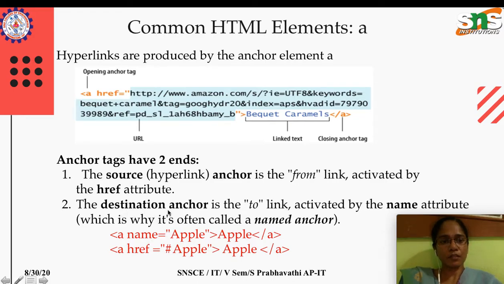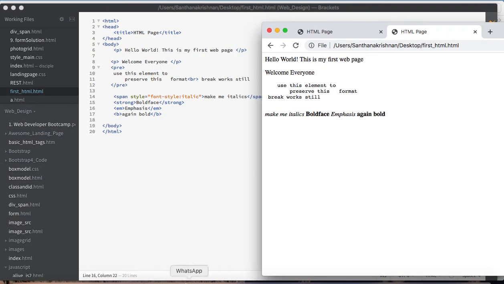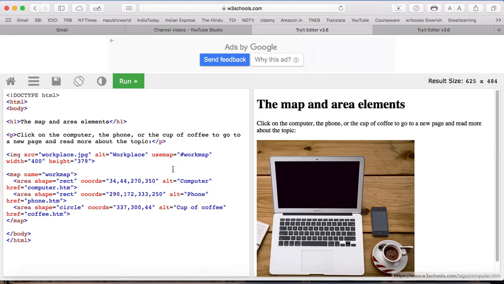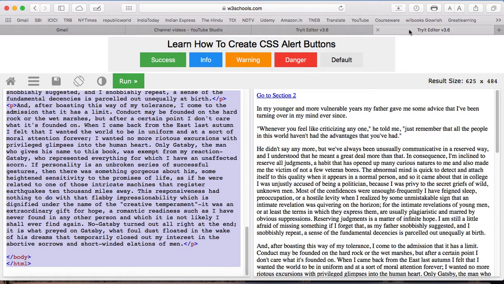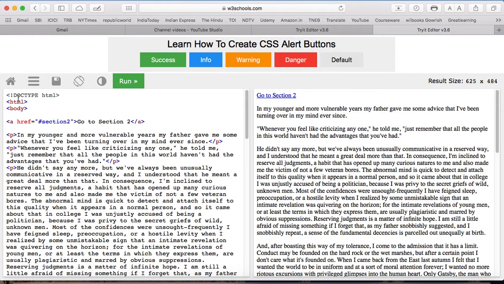So for this destination anchor, I will take you to one simple demo. I think we can go with the W3Schools demo. Here we have the HTML file body part. We have the href equal to, and here it is not mentioning any link.